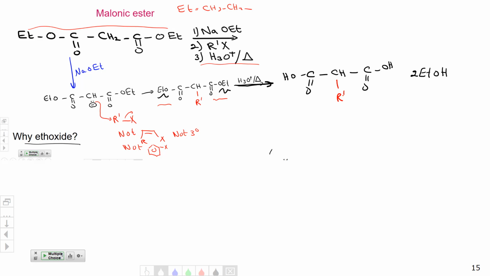But the reaction doesn't stop there. In here we have two carboxylic acids that are beta from each other. We learned in chapter 20 that when we have a dicarboxylic acid that they are one carbon from each other, if I heat them up, they decarboxylate. That means one of these C double bond OOH will leave as a CO2. So the end result of that is one of the carboxylic acids, whether the left one or the right one, will leave as CO2 plus